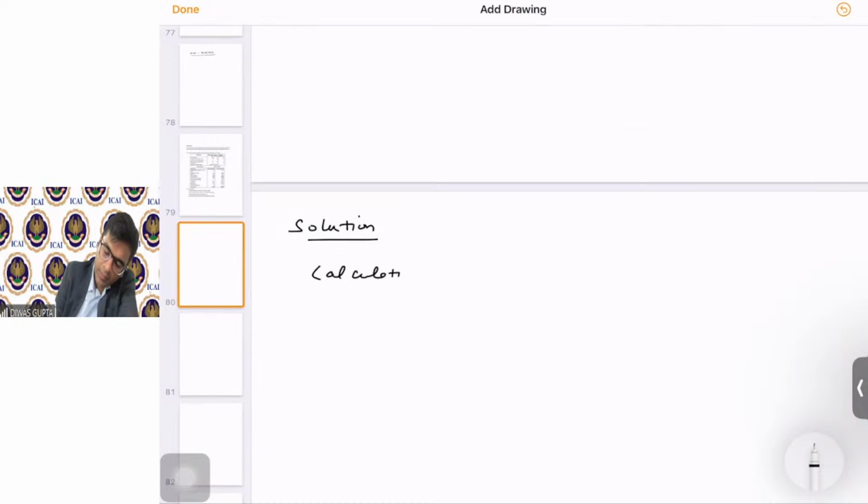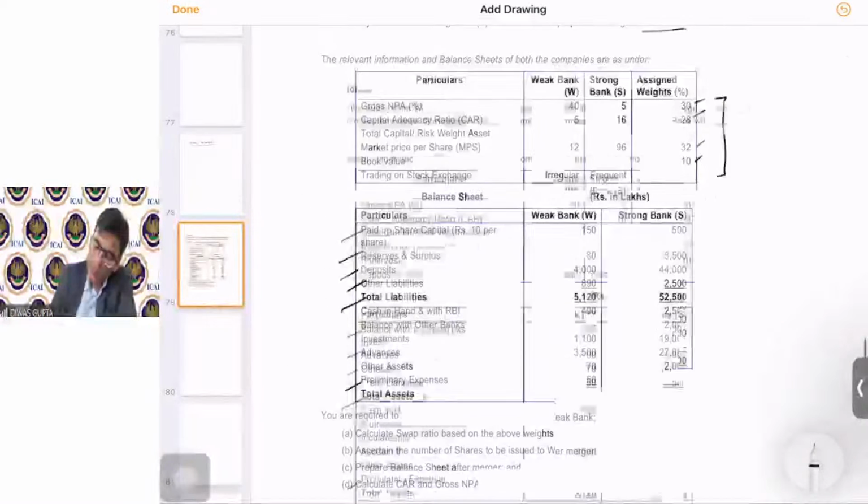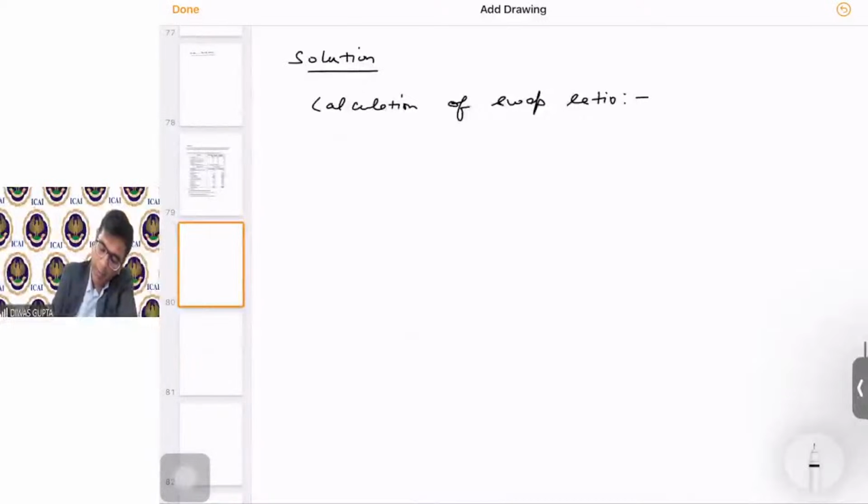Calculation of swap ratio. Okay. So let's start point by point. So the first one is basis